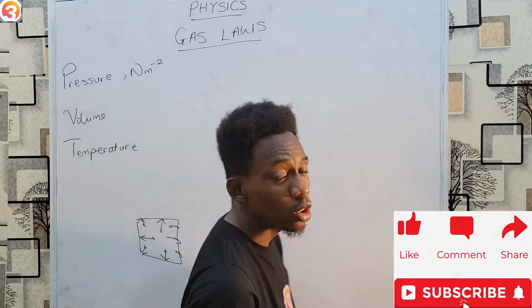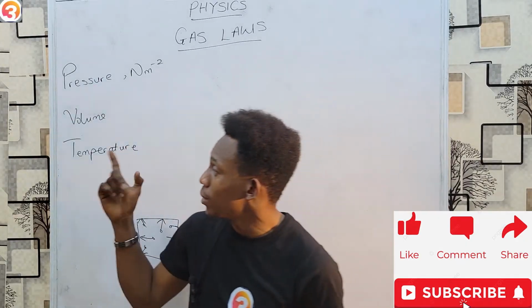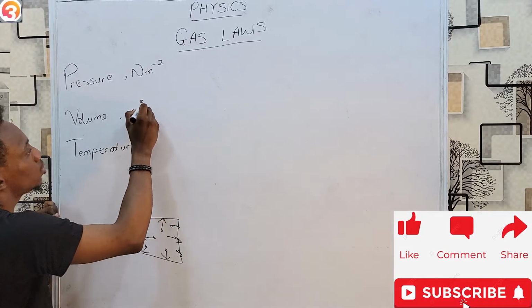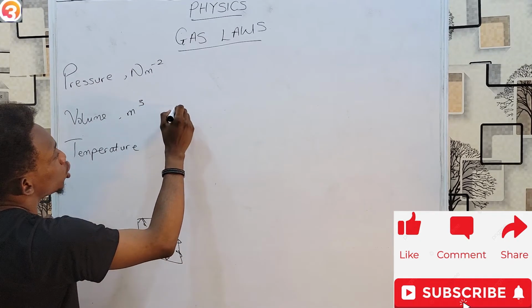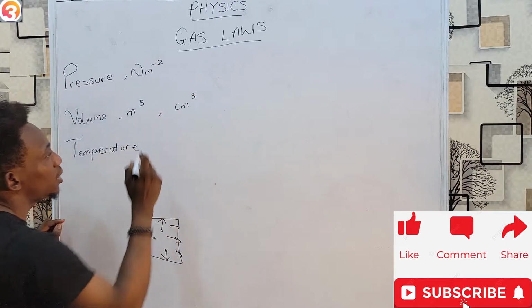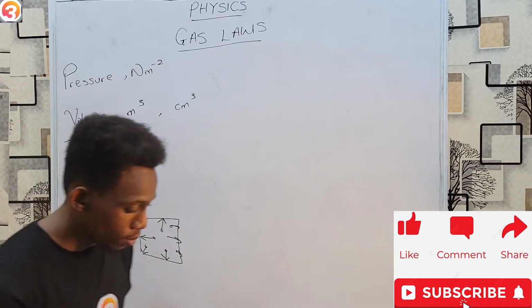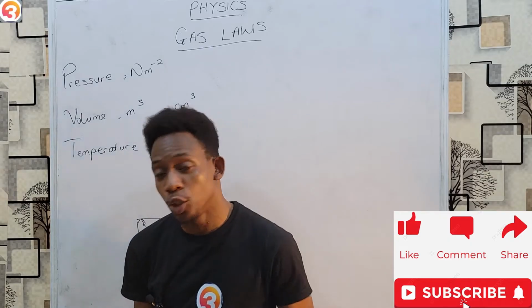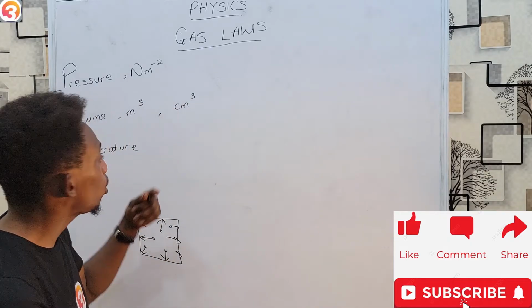Volume is the amount of space occupied by the gas. That's volume. And the SI unit of volume is meter cube, though within this topic, we may see it measured in centimeter cube in some instances. Now, you don't always have to convert. You shall be looking at a lot of ratios. All you simply have to make sure is that if there's a ratio involved, the units of both